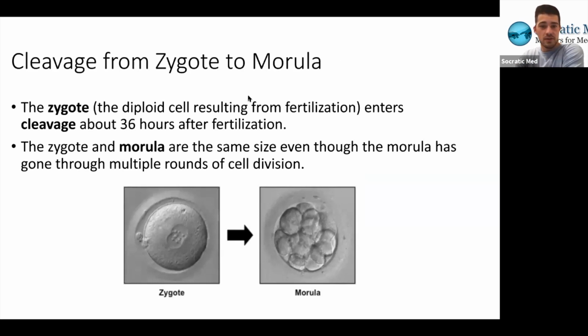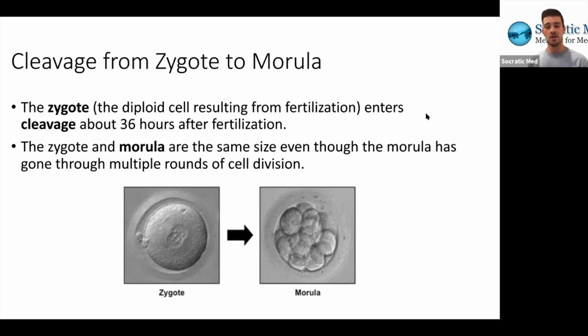So as you guys should know, the zygote is the first product that's formed after fertilization. It's the diploid cell that results from fertilization, and it enters cleavage about 36 hours after. Cleavage is just the splitting of the zygote into multiple cells. It becomes what is known as the morula. So the zygote and the morula are the same size, even though the morula has gone through multiple rounds of